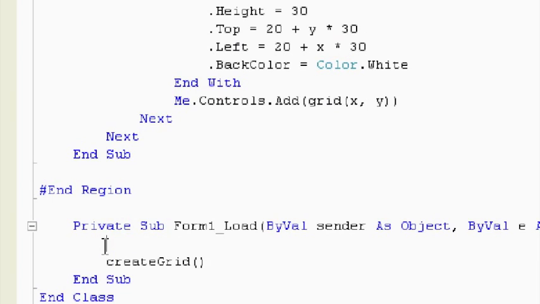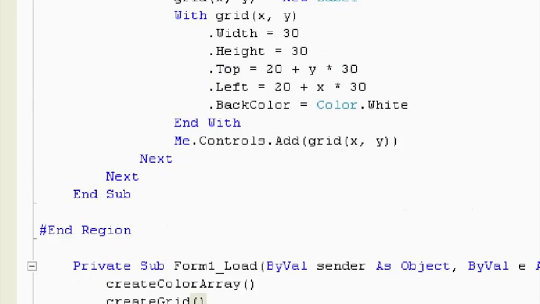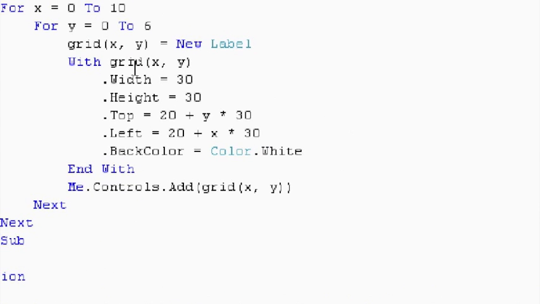So let me zoom out. What did I call that array? Create color array. Okay, and now we can go back to here. So colors, we got the height, the top of this. So now we don't want to go back color dot white. We want this to be randomized. So we're going to have a select case, and we're going to get a random number. No, we're not going to get a random number. Change that. We are simply going to say, this is brilliant, dot back color is equal to